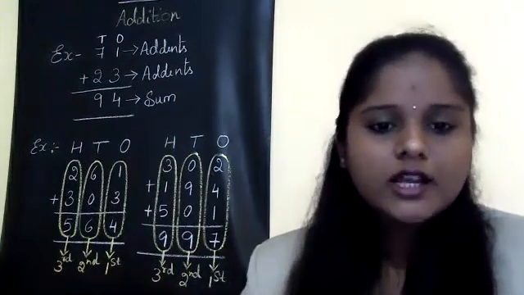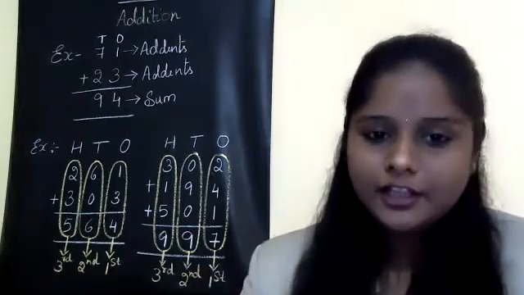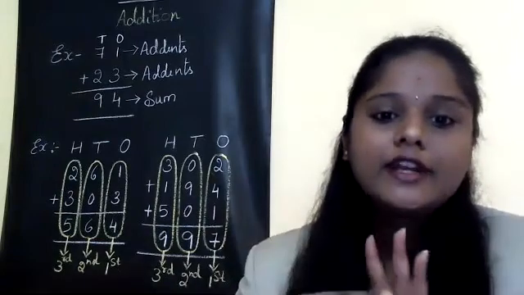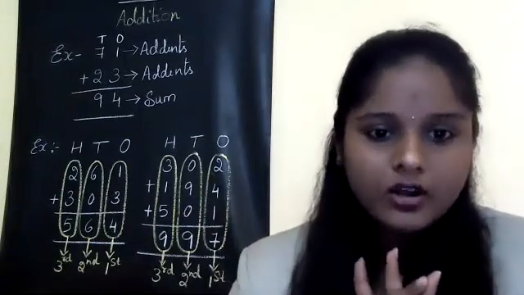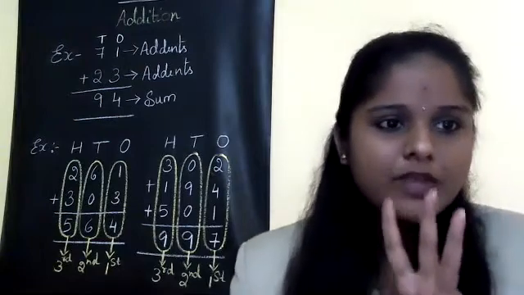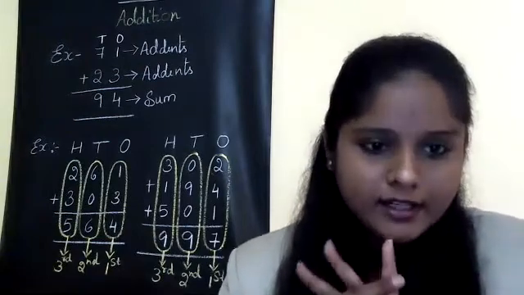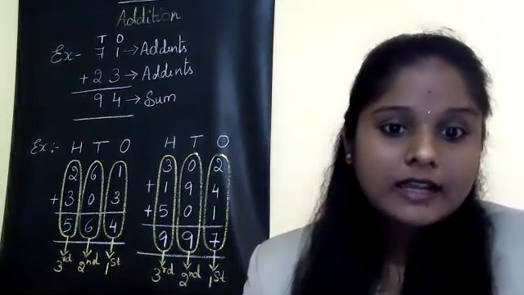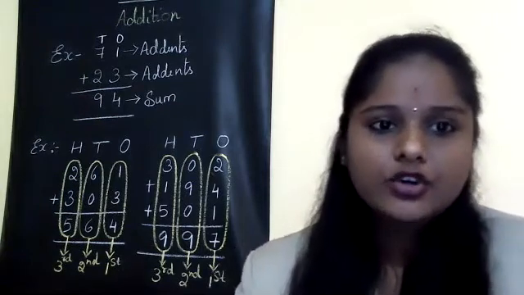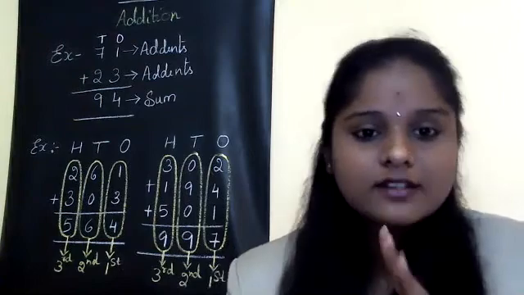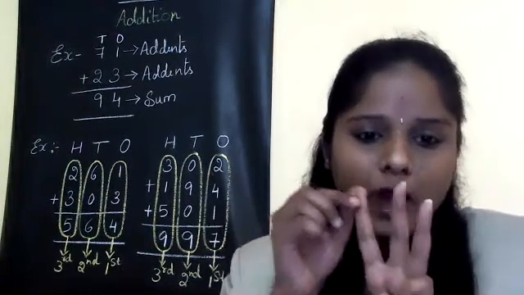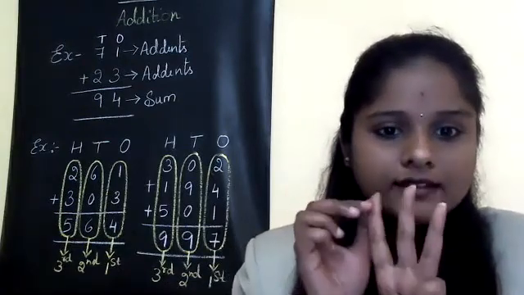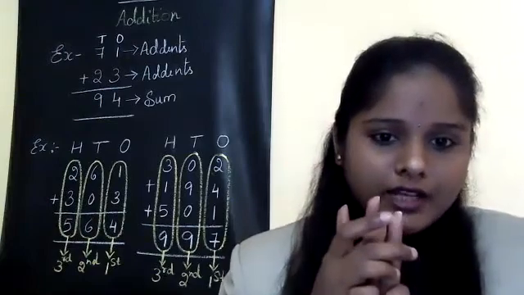The same rules, the same thing we are going to follow, but here one more number is extra, and that number will enter to the hundreds place. Okay, this is a 3-digit number, so the third digit will enter to the hundreds place. So what is our first step? Writing the places. So here there are 3 numbers, that is 3 digits. So we are writing 3 places, that is ones, tens and hundreds. Okay, ones, tens and hundreds.